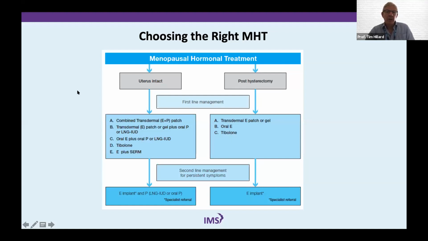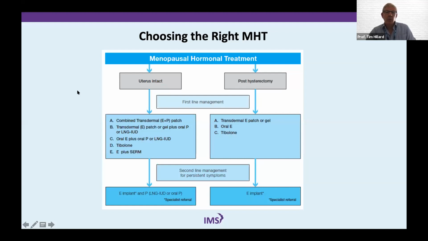There are newer formulations available in many countries now, which are much lower dose, and some of them have 17-beta estradiol as the main component. So some of the potential risks associated with traditional contraceptives may be less than they were a few years ago. So it does remain an option, particularly for the younger woman.